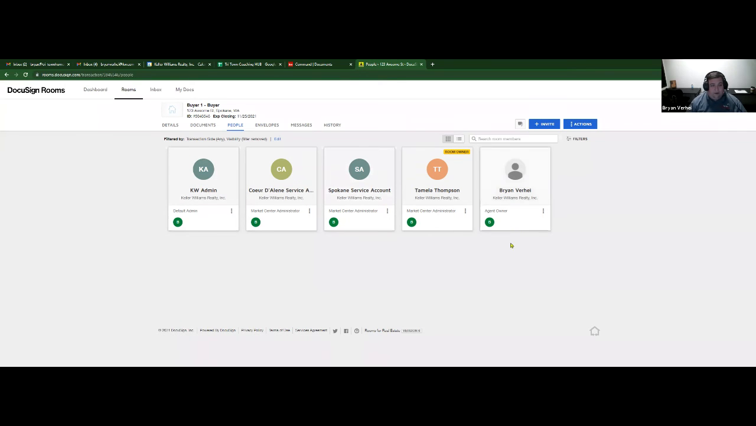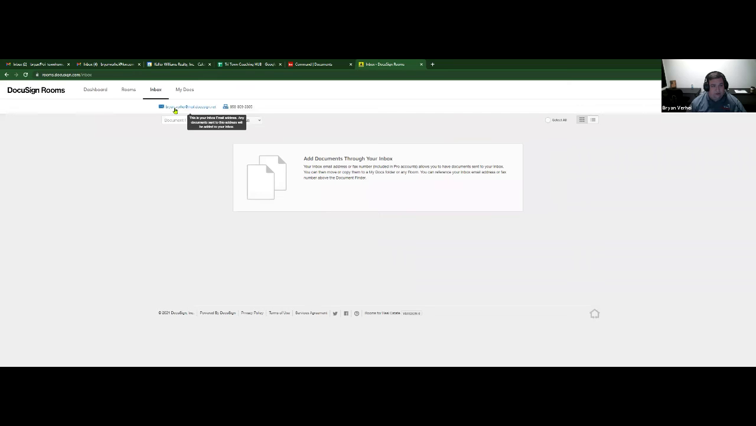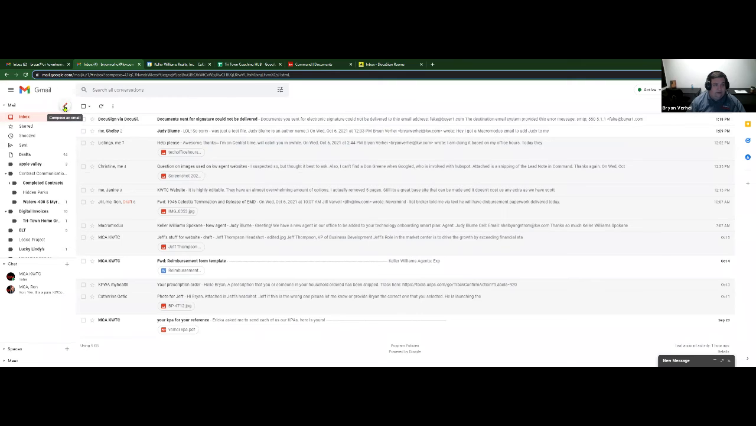So one of the more exciting features of DocuSign Rooms that I really love is if you come over here to your inbox, you're actually able to see your DocuSign email and your DocuSign fax numbers. You can fax things to your DocuSign or email things to your DocuSign. Now, if I just come in here and I copy my DocuSign email here, I can just email directly to